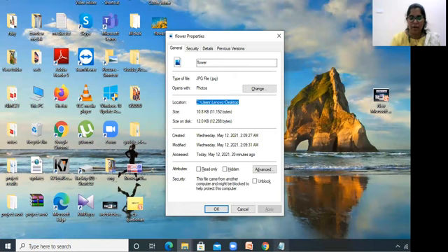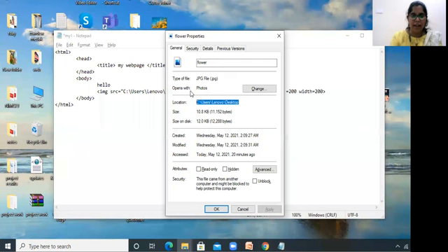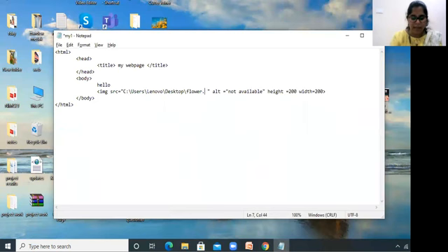The same we are going to mention here in src. The file path we are going to copy, followed by the file name, flower dot jpg. The same thing we need to mention here very clearly.